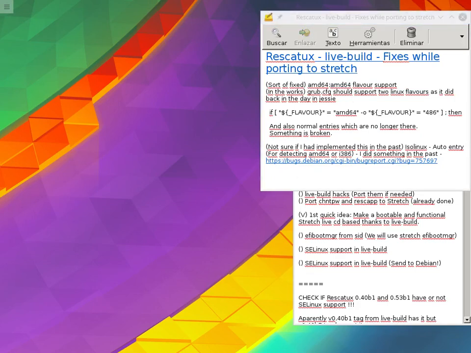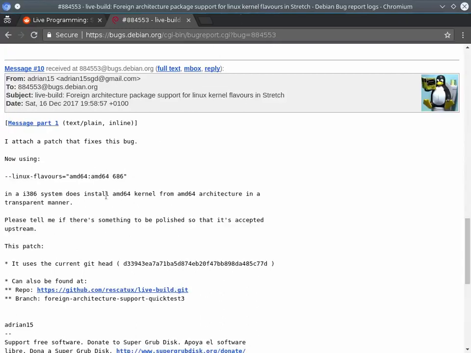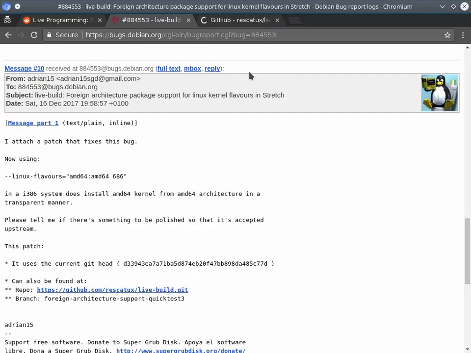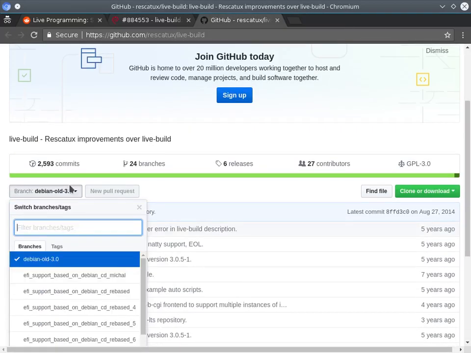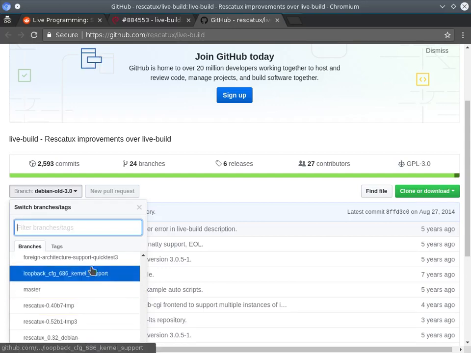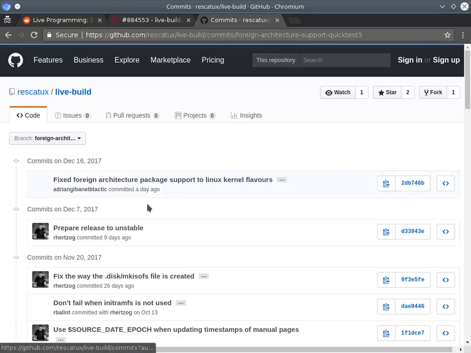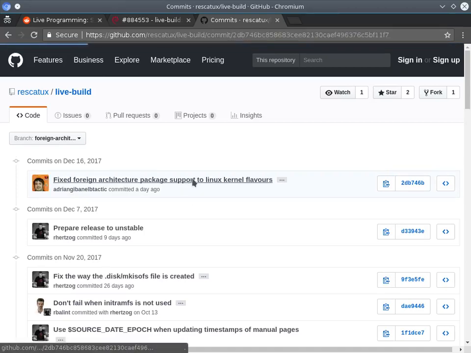The patch is under the foreign architecture support quick test branch, and what I have done is